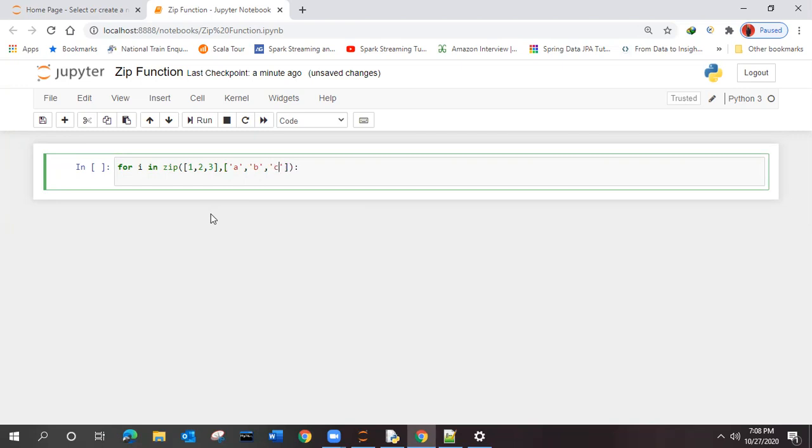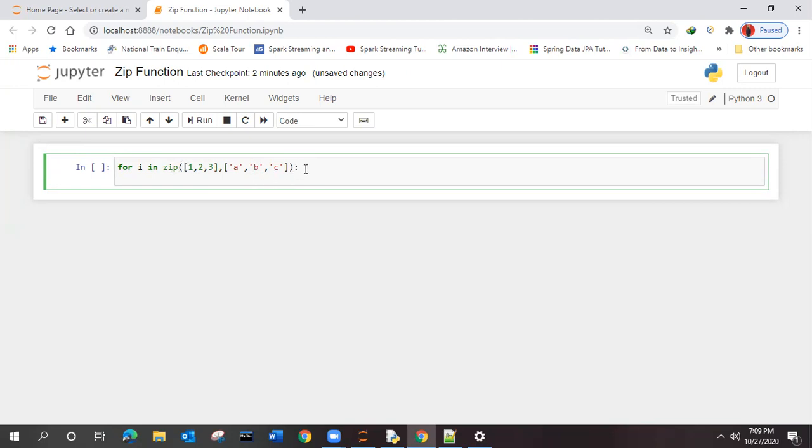So as the input to the zip function, one is the list of numbers, the integer list, and another is the alphabetical list. Strings, the characters, can also be considered like a list. These are the two different lists we are giving as input to the zip function.